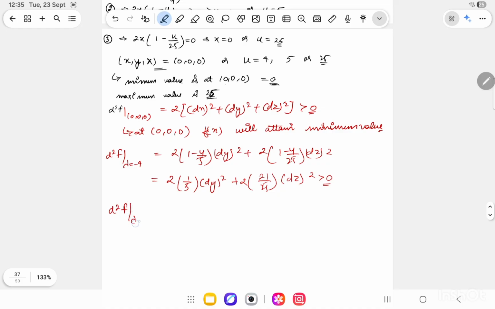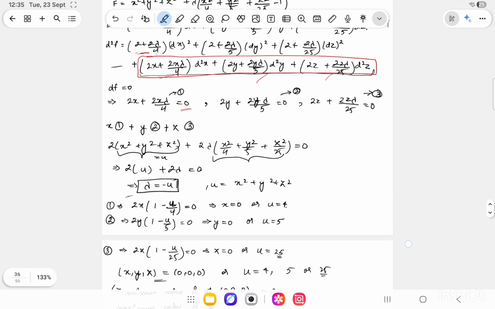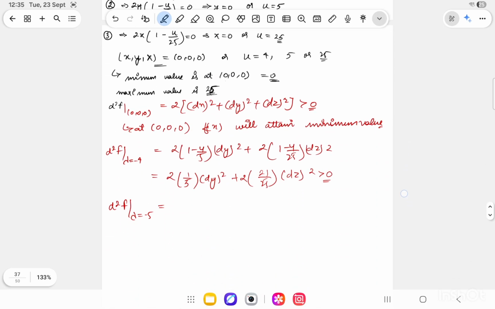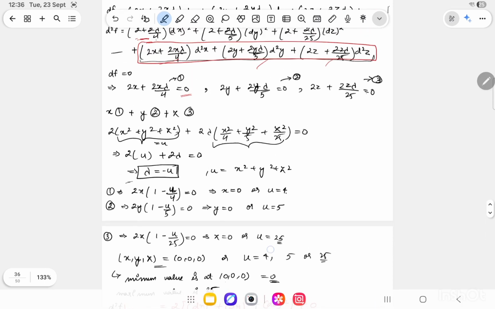Likewise at lambda equals to minus 5 we can check. So that will basically give us a mixed sign. We cannot tell whether it is greater than 0 or less than 0. Further investigation is needed in this case, and at lambda equals to minus 25 it will be 2